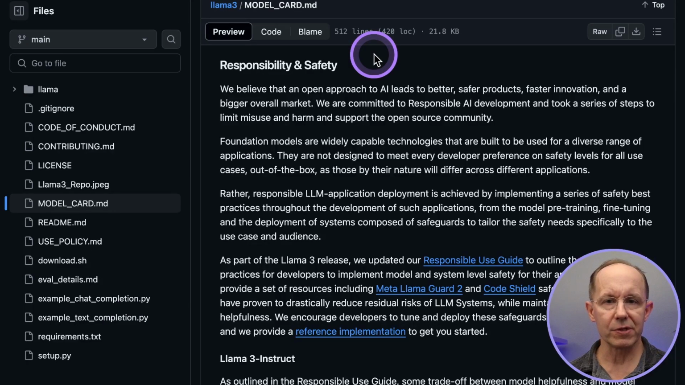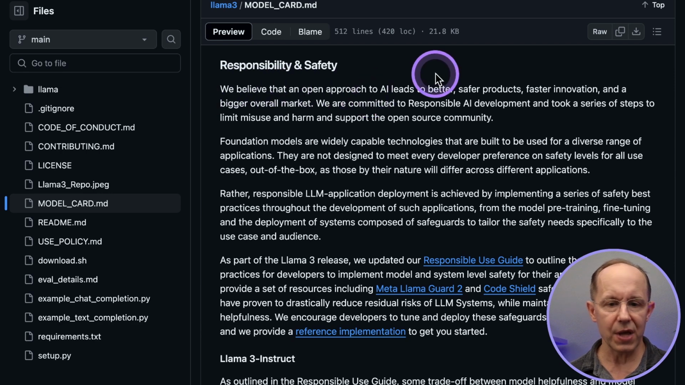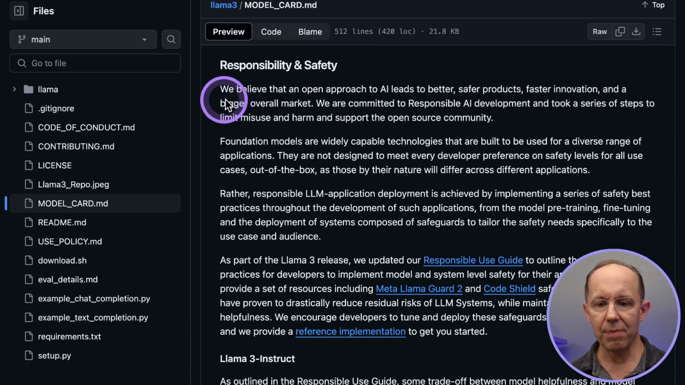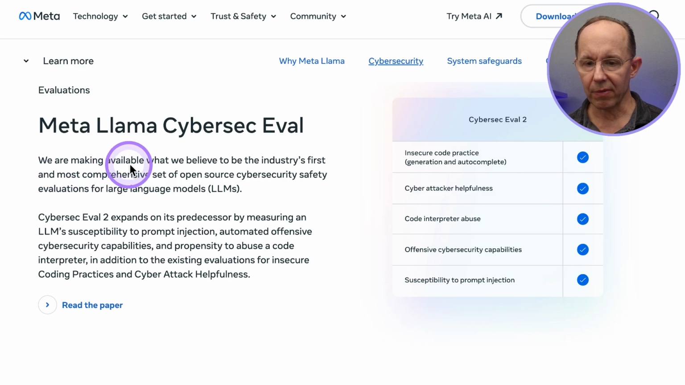I want to talk about responsibility and safety for a moment. There's a lot of emphasis in this Llama 3 model on safety. I want to get into that. We believe that an open approach to AI leads to better, safer products, faster innovation, and a bigger overall market. We're committed to responsible AI development and took a series of steps to limit misuse and harm and support the open source community. Meta says, we are making available what we believe to be the industry's first and most comprehensive